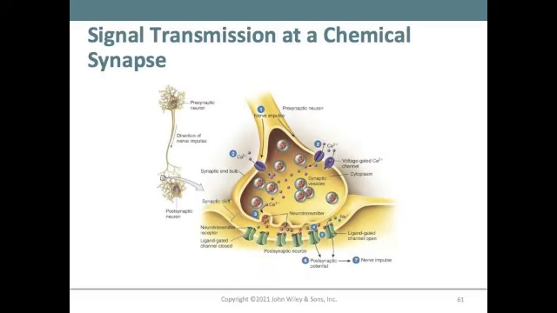So here's the signal transmission at a chemical synapse, and this is figure 12.23 on page 446. You can see here that we've got the synaptic bulb and these neurotransmitters that are located in here. What happens is that this nerve impulse is going to come down. Now we're dealing with calcium ions. This is also a voltage-gated channel, so there's some electric potential going on. But we've got this thing called the synaptic cleft. In between this presynaptic neuron and this postsynaptic neuron, there's a gap, and this electrical signal cannot jump